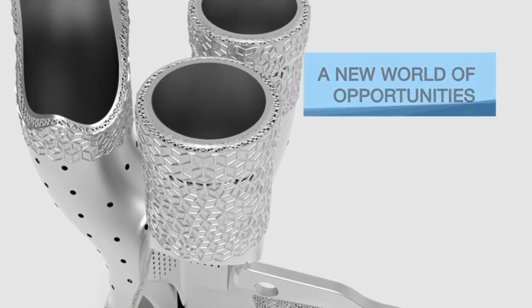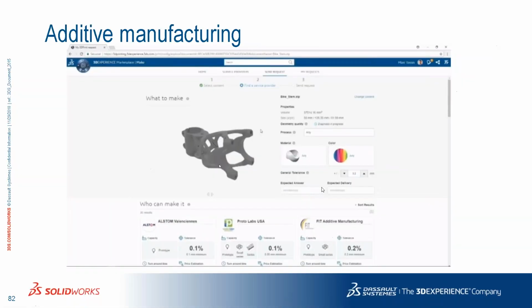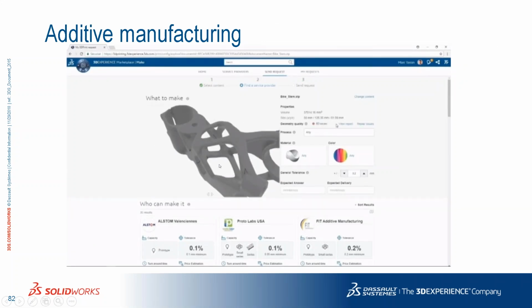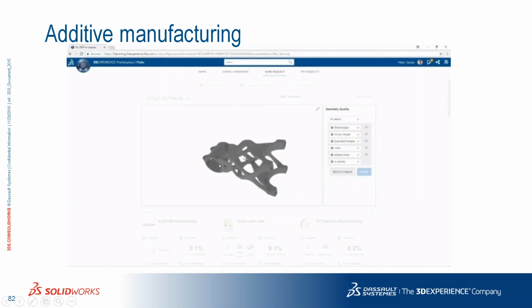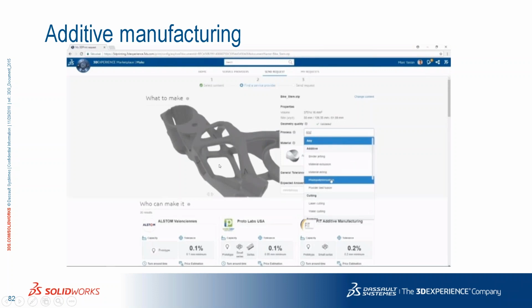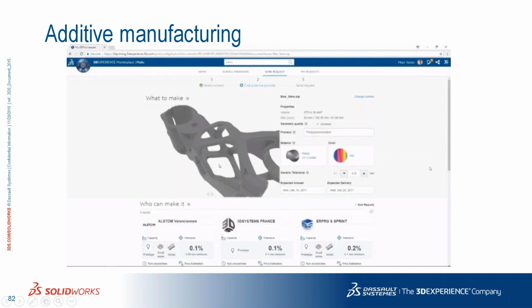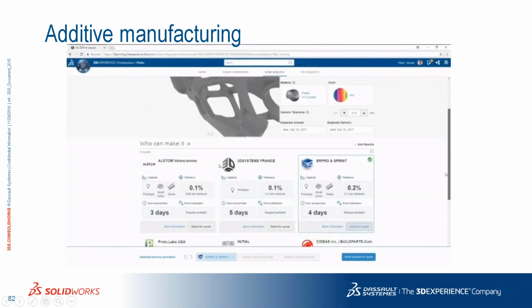And there is also an advanced version, for an extra fee, that will do advanced lattice structures or advanced simulation. If you don't have a 3D printer, that's not a problem, because we are offering a service to print the part, called 3D Experience Marketplace Make. So you just upload your part, it will check for errors and repair them. Then you can choose the manufacturing process, traditional or additive, and the list of available manufacturers